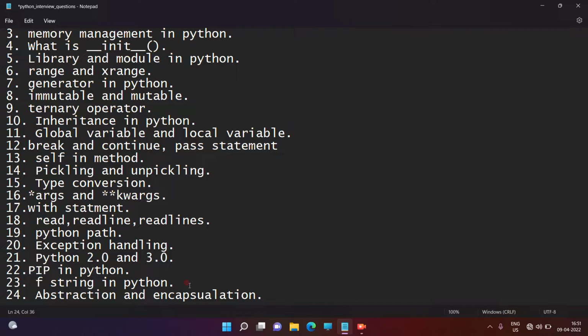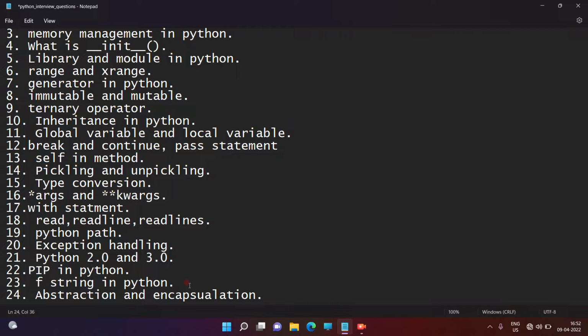Abstraction is whenever we want to hide unnecessary implementation and show actual functionality, right guys? Like our computer, our PC, we are using the PC, but we don't know the internal process, what's happening inside our laptop in the backend. We are just using it.